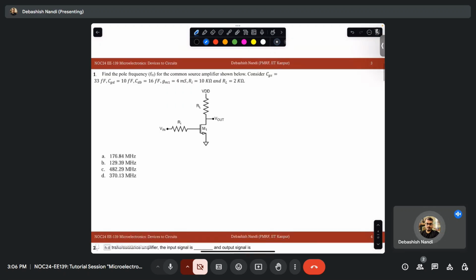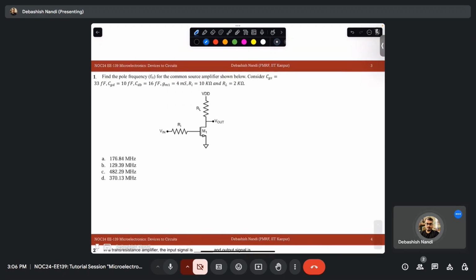So as we have been discussing, the first problem we are asked to find out is the pole frequency, that is the high cutoff frequency, for the common source amplifier shown in the figure given below. Consider that these are given. So what do we know about a common source amplifier? A general